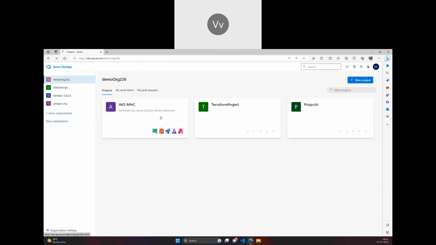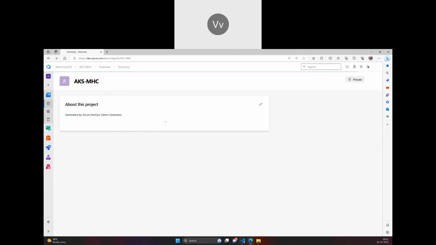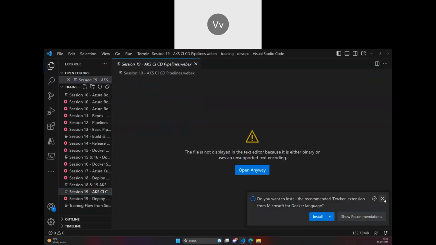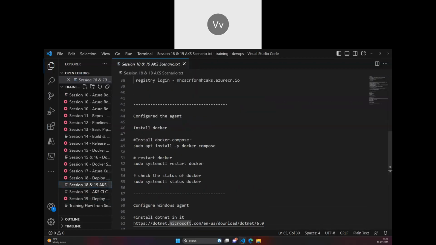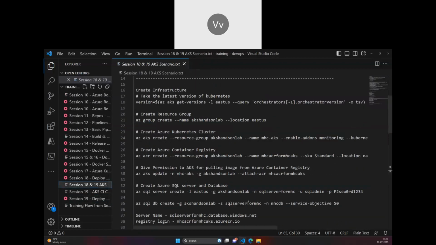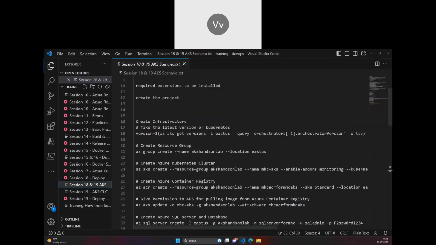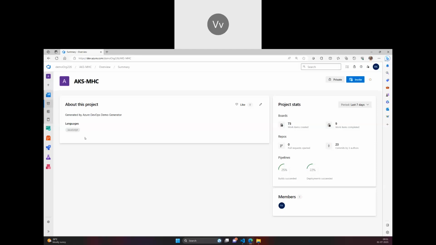So in the next session, we are going to deploy this entire environment using Terraform. If you remember, we ran these commands to create things, right? Container registry and the Azure Kubernetes cluster and all that. So we are going to use Terraform to build it, and I'm going to integrate that into this pipeline. I'll create one more release pipeline,